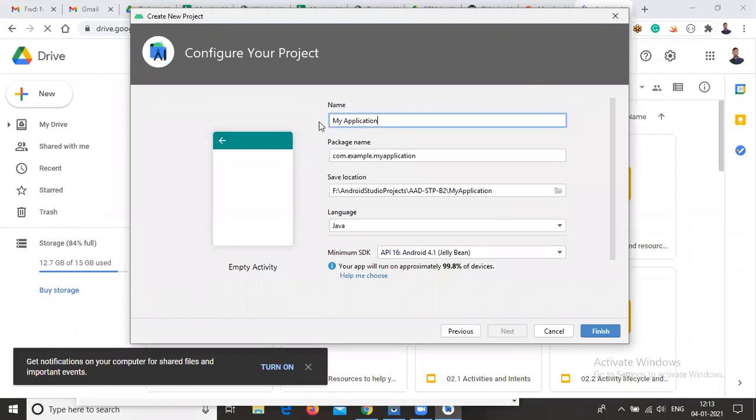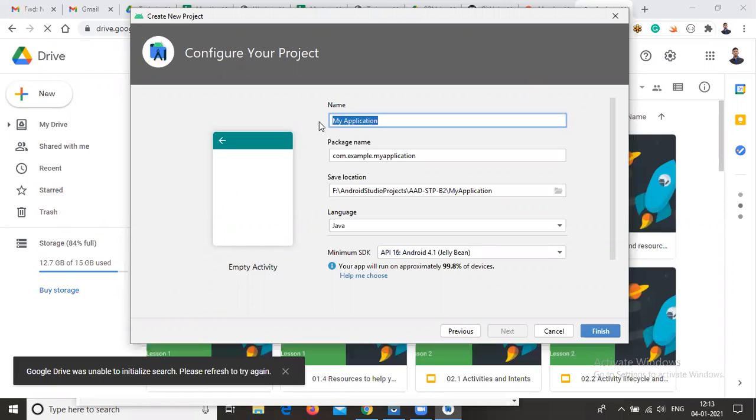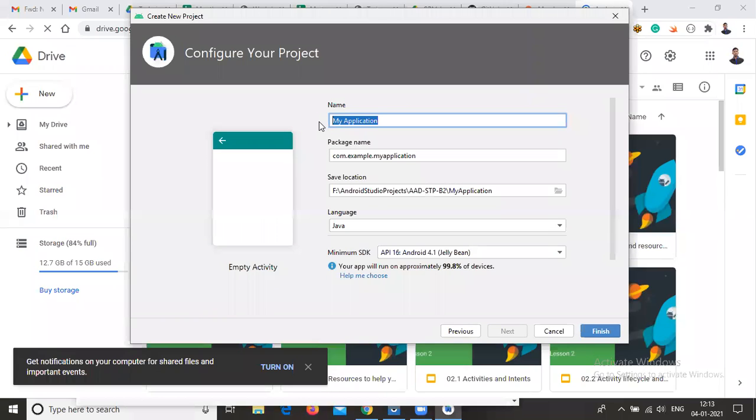Here, give the project name menus and pickers, or pickers and dialogues. It is not a problem. Whatever project name you are thinking of, you can give that name. I'm giving pickers and dialogues.